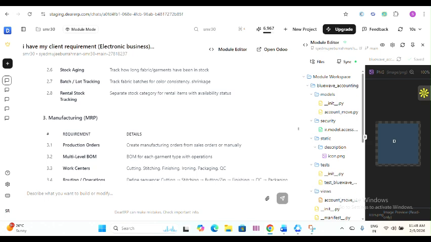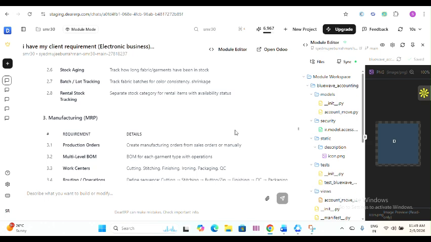Today I am going to discuss a running business, a small to medium garment manufacturing business. Our client Amar runs a small to medium garment manufacturing business with two branches, a manufacturing unit and a sales warehouse. His business is inventory driven, but operations are currently managed using Excel and manual processes, causing stock confusion, production